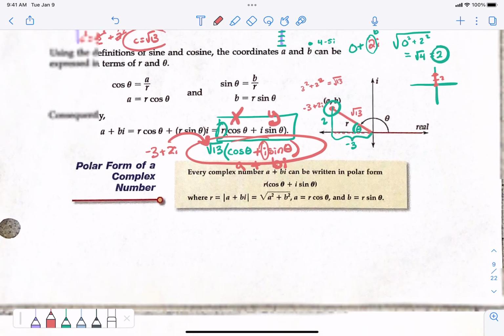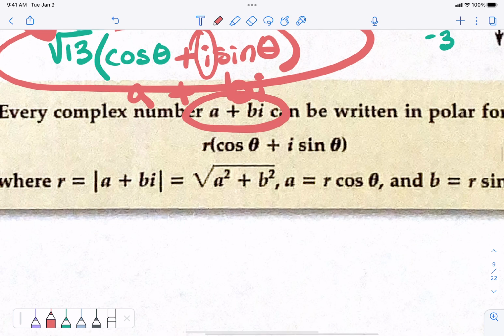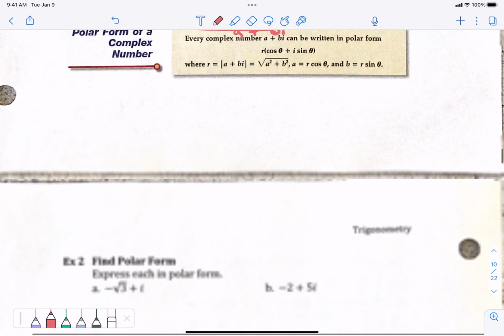Okay, every complex number, I'm going to read this box. A plus bi is a complex number. Every complex number can be written in polar form by doing that, right? Kind of what we just did, okay? Every complex number can be written like that. Now, we're going to finish this example off really quick,